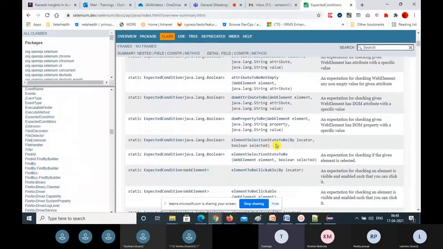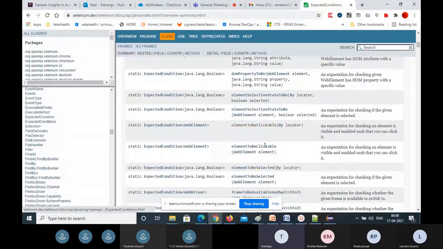And elementSelectionStateToBe: see, By locator, boolean selected. Whether in the drop down it is selected or not, you want to check. Then you can call this method, with WebElement, and here By.locator value. So an expectation for checking if the given element is selected or not.